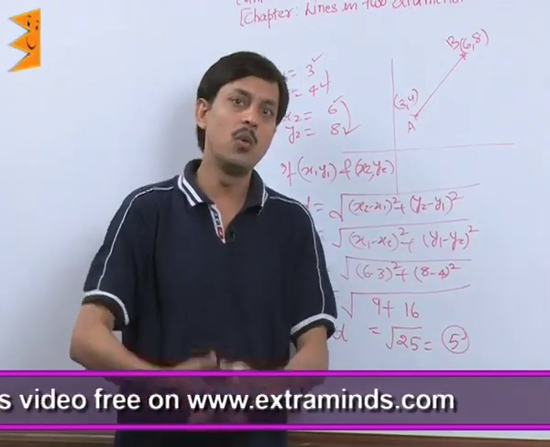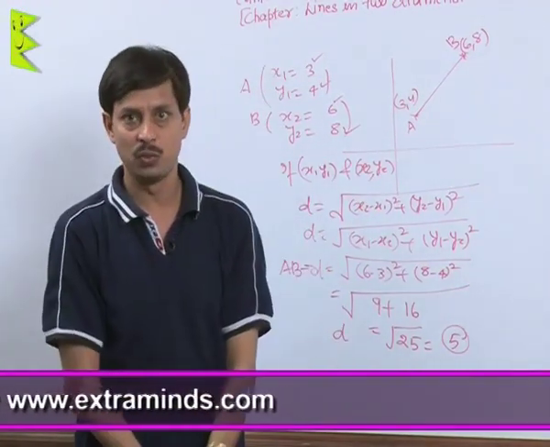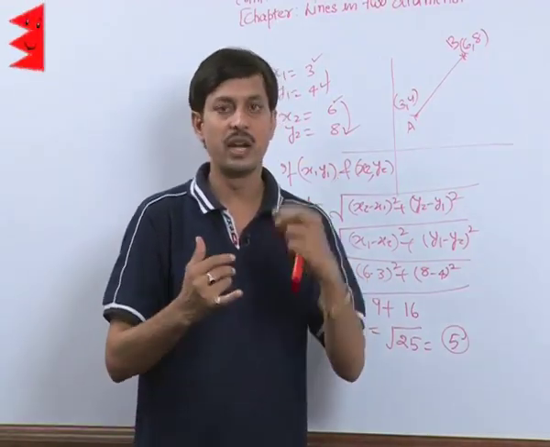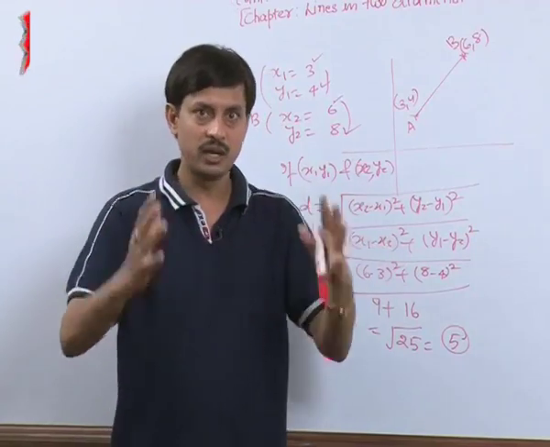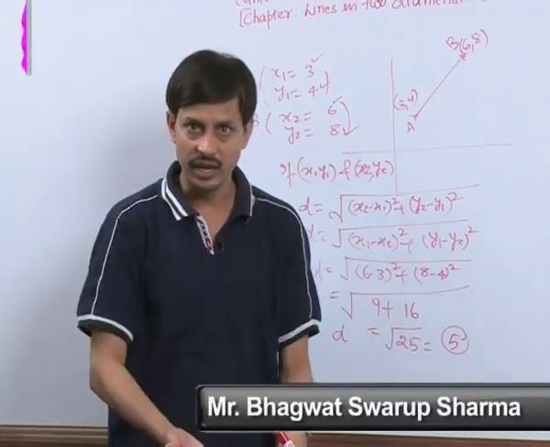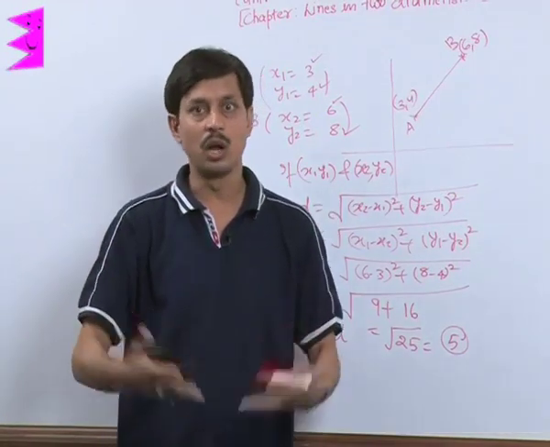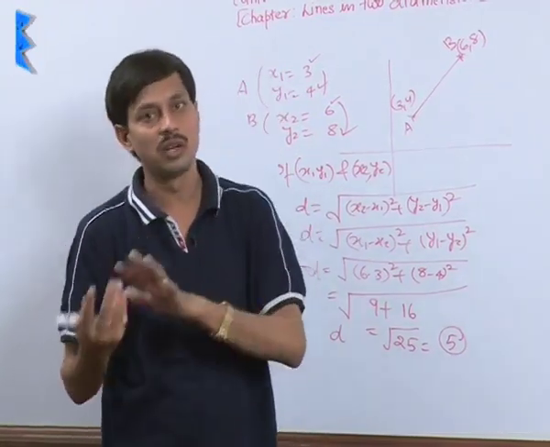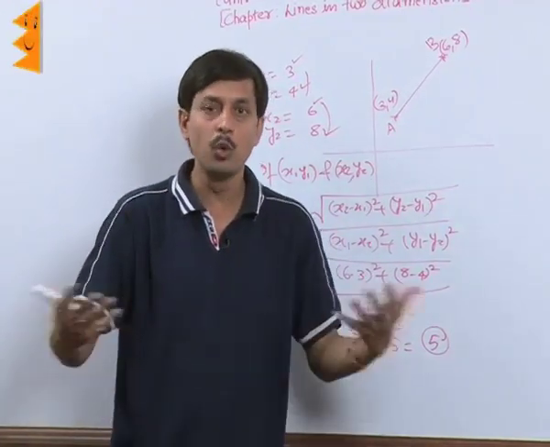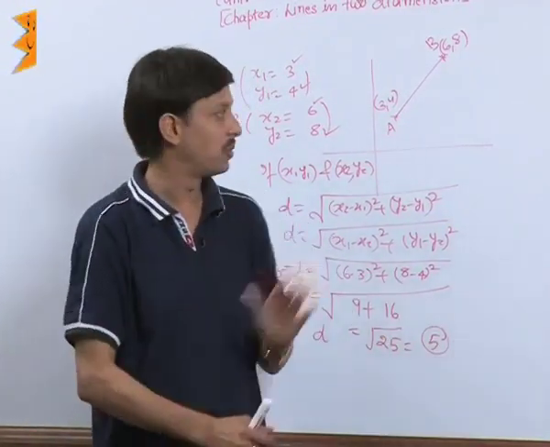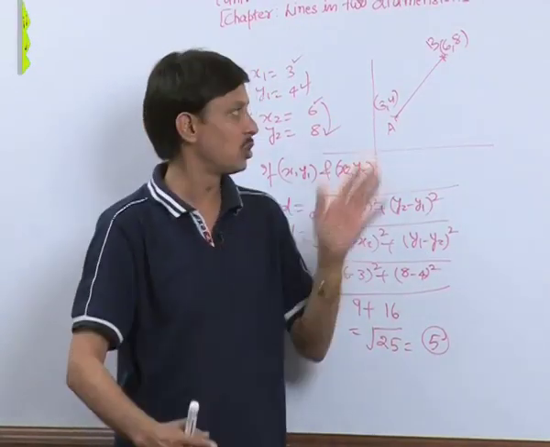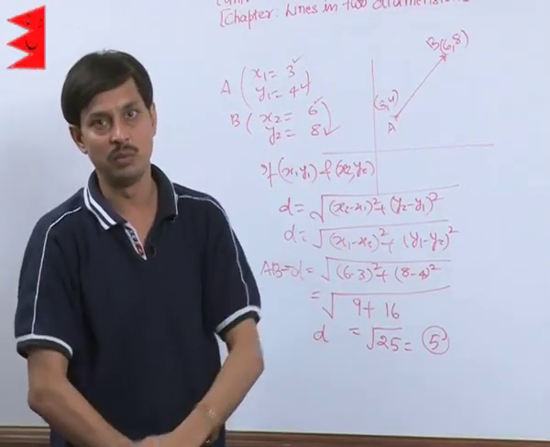Now I was telling you what the other uses of the distance formula are. The other uses, which will be discussed with you, are to prove that a triangle is equilateral, isosceles, or right angled, that a quadrilateral is a parallelogram, a square, or a rhombus, to find the area of a triangle or quadrilateral, or to prove the collinearity of 3 or more points. So these are the other uses of this formula which we will share with you.